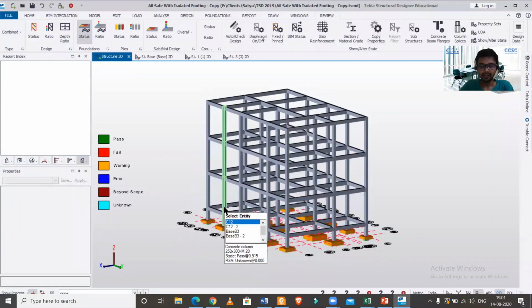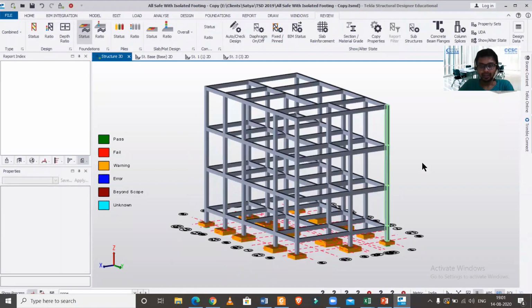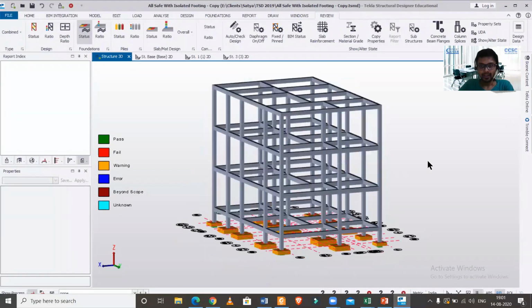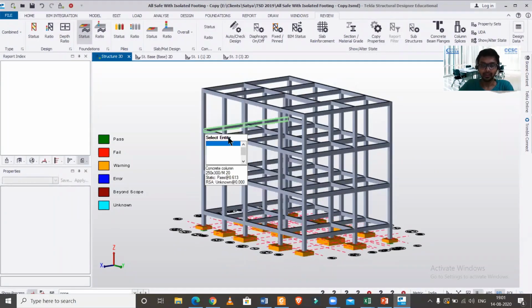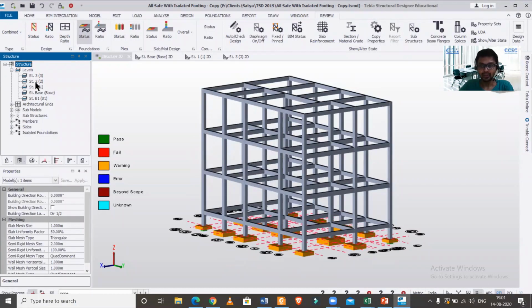So how do you do that? So let's just find out. We'll just share our screen, and here you see. As you can see, this is a 3-storied building, and now I want to find out the materials used in this particular floor. So how will I do that? As you can see, this is the structure 2.